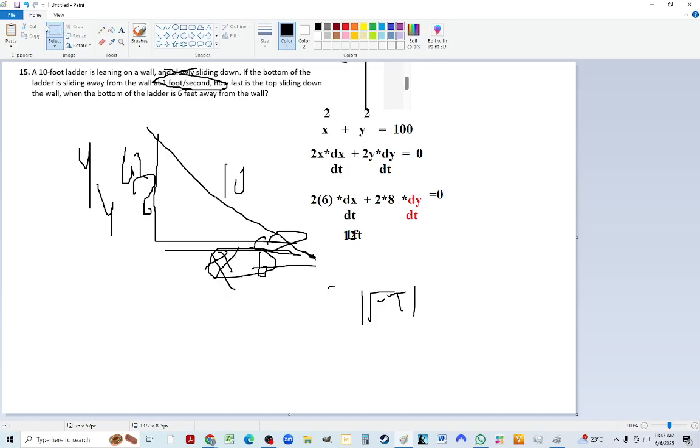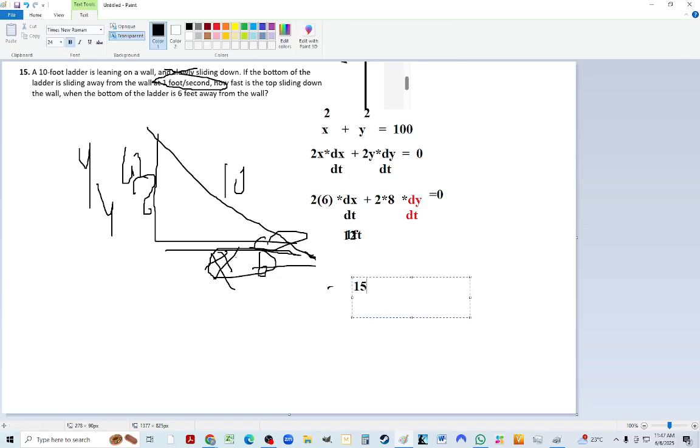So then we're going to subtract that 12 from both sides. And by the way, 2 times 8, of course, is 16. So 16 dy over dt is equal to negative 12. I guess you could technically say it's feet per second. And then you could divide it by 16 on both sides. So the change in y based on time is negative 12 over 16, which the negative implies it's going down, feet per second, which is the same as dividing everything by 4, negative 3/4 feet per second, which makes sense